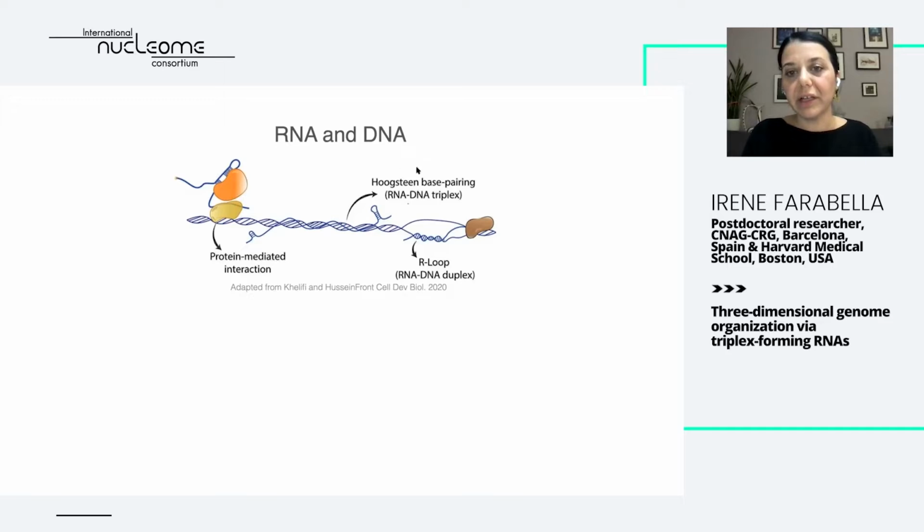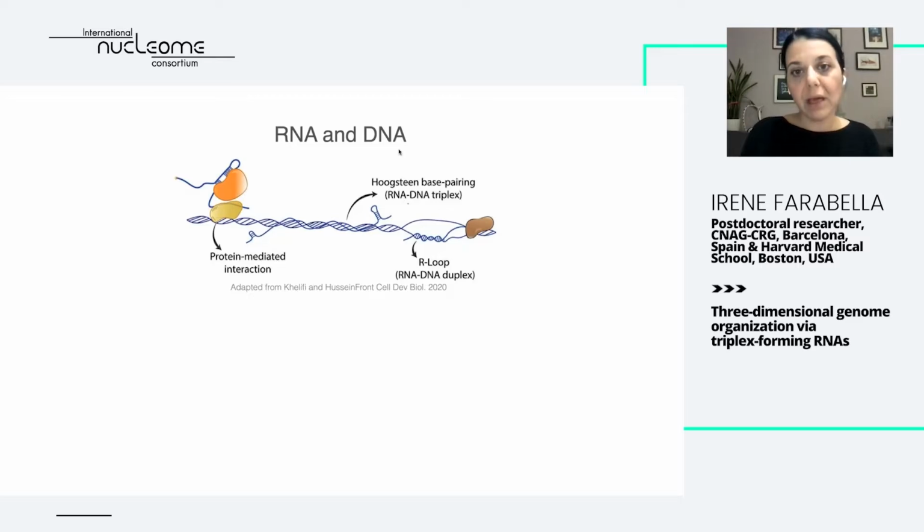This type of interaction can be disruptive, so that the DNA duplex is altered, and these are R-loops,